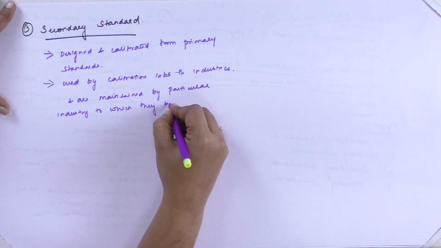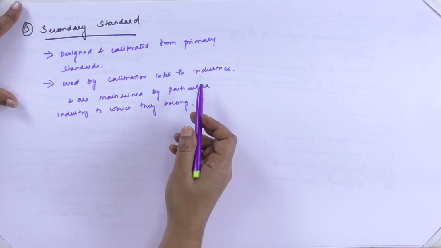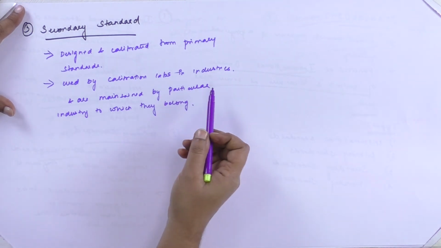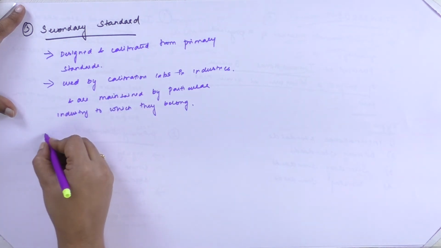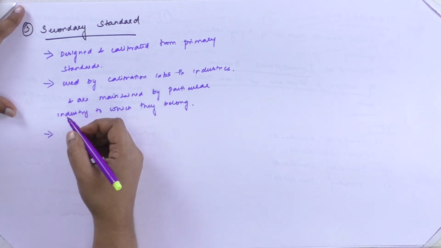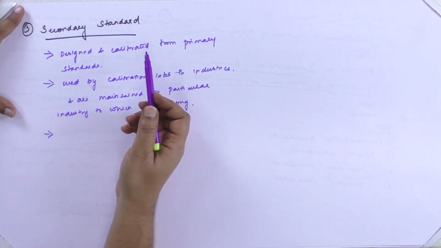So, the particular industry will maintain this secondary standard in their calibration labs for calibrating their manufactured instruments. These secondary standards will be frequently sent to the national labs where the primary standard is maintained,